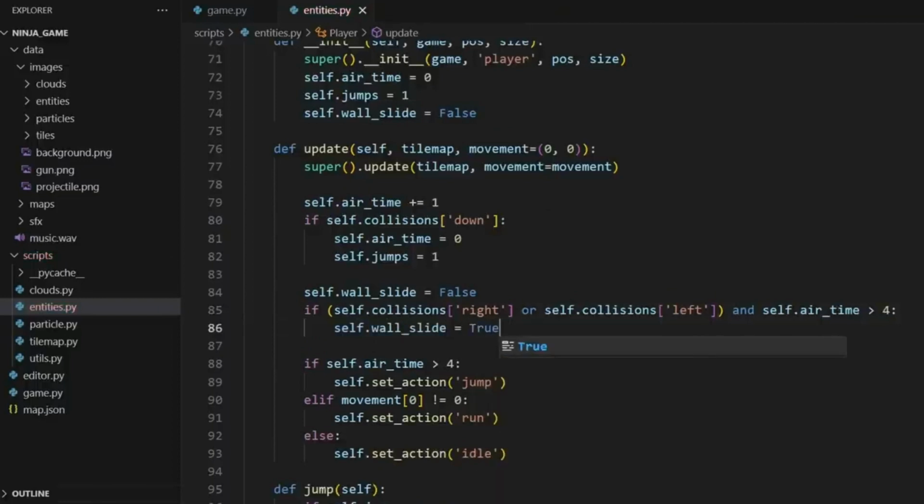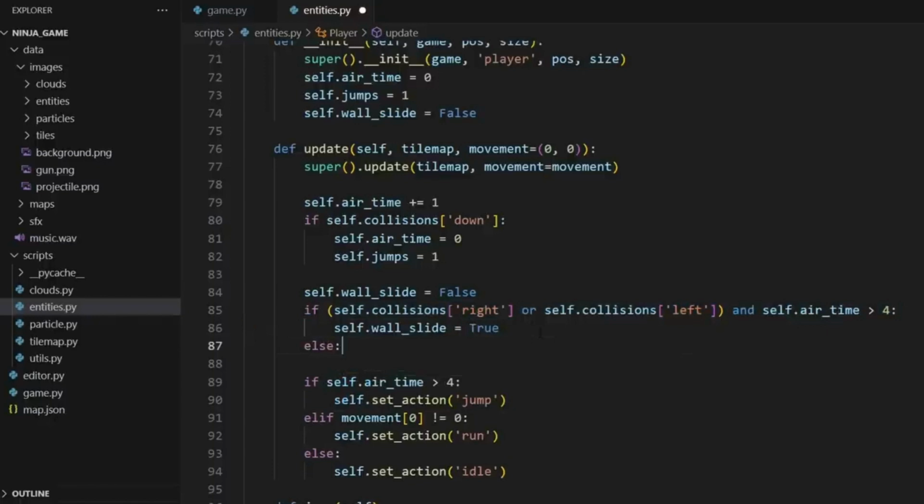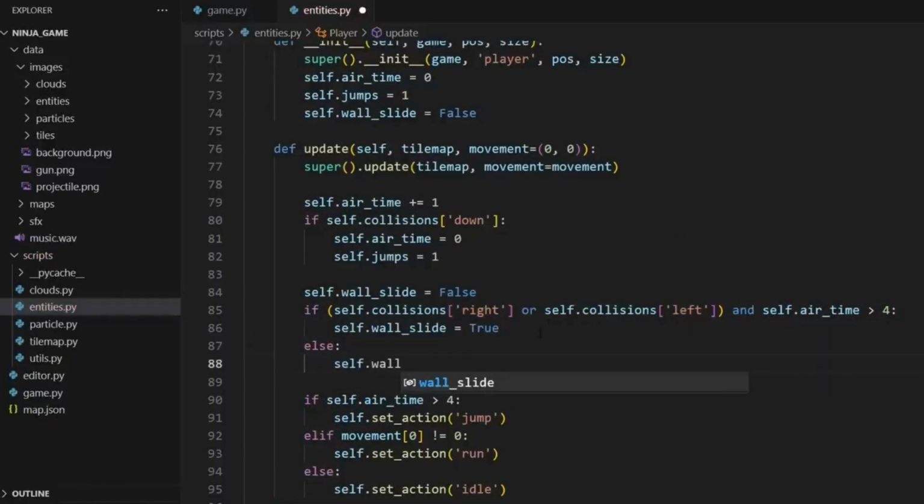So what we're saying here is if we hit the wall on either side and we're in the air, and this is the threshold that we're using to determine if we should be showing the jump animation, but if we're in the air and we're touching a wall, then we should be sliding on that wall. So since we're using this technique where we basically set it to true and then switch it back to false every single frame, then we're basically saying only for the frames where this holds true will this be true. What you could also do is you could throw an else right here and say self.wall_slide equals false, but